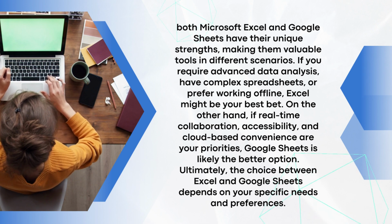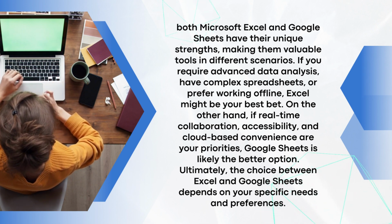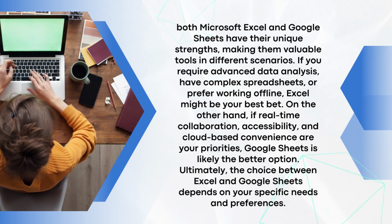On the other hand, if real-time collaboration, accessibility, and cloud-based convenience are your priorities, Google Sheets is likely the better option. Ultimately, the choice between Excel and Google Sheets